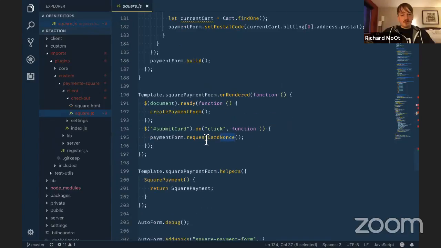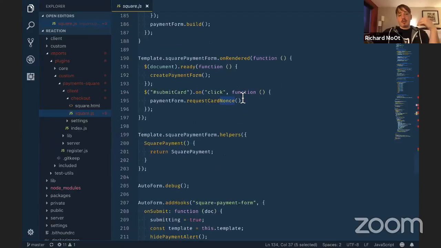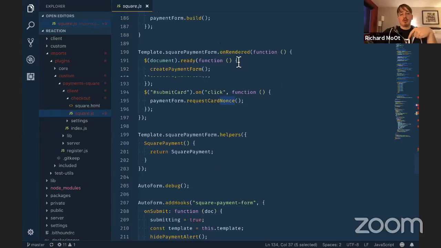Great. So after that, it's just hooking on to these templates. I wrapped everything in this create payment form function. After the initial form was rendered, I was manually triggering the creation of the payment form, because Square's payment form is always listening for a DOM loaded event. And of course, in Reaction Commerce, the DOM is already loaded, and a lot of things are being loaded in dynamically through JavaScript. So I wrapped it all in a function, so that once this render function triggered, we can then load the payment form.